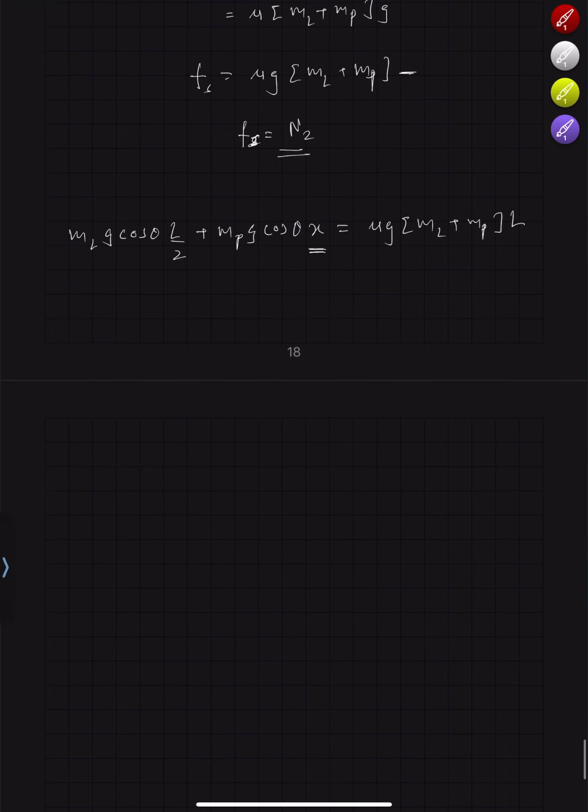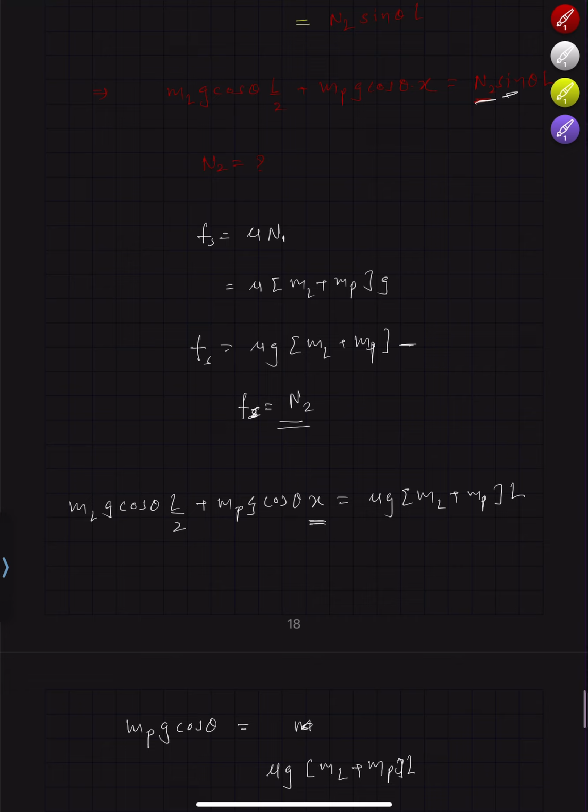So it is m_p g cos theta x is equal to mu g (m_l plus m_p) L, and here sin theta remains, so it is sin theta,